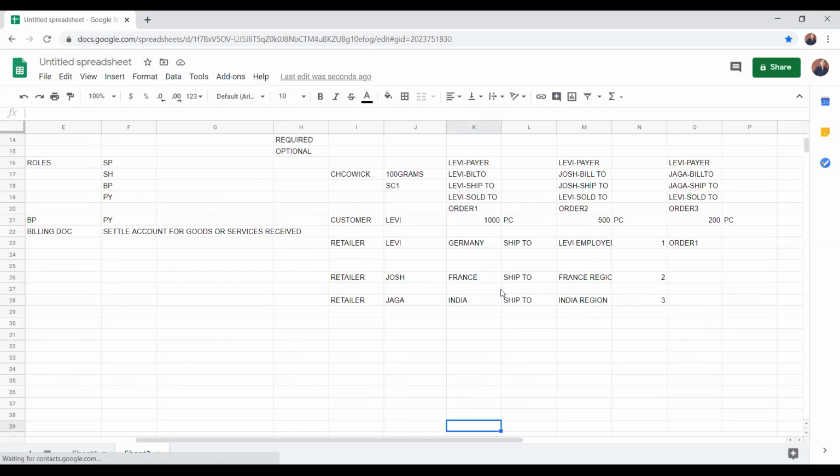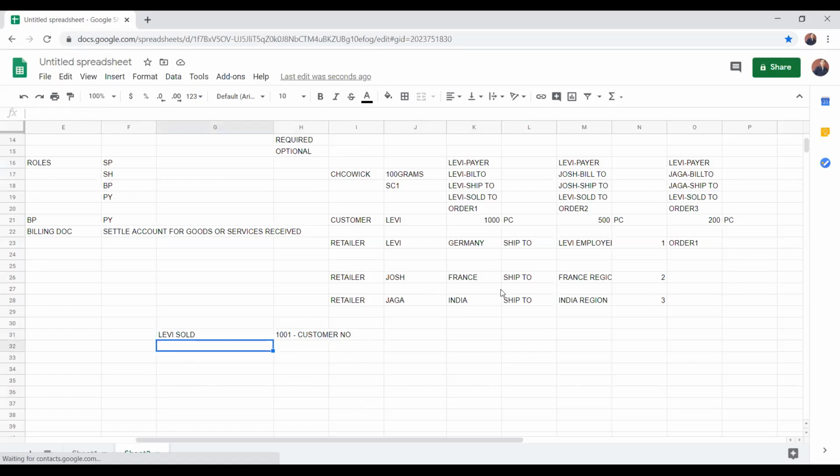If I wanted to map this in SAP, Levi sold to, assume that the number in SAP is customer number 1001, which is generated by the system when Levi got created as a customer.